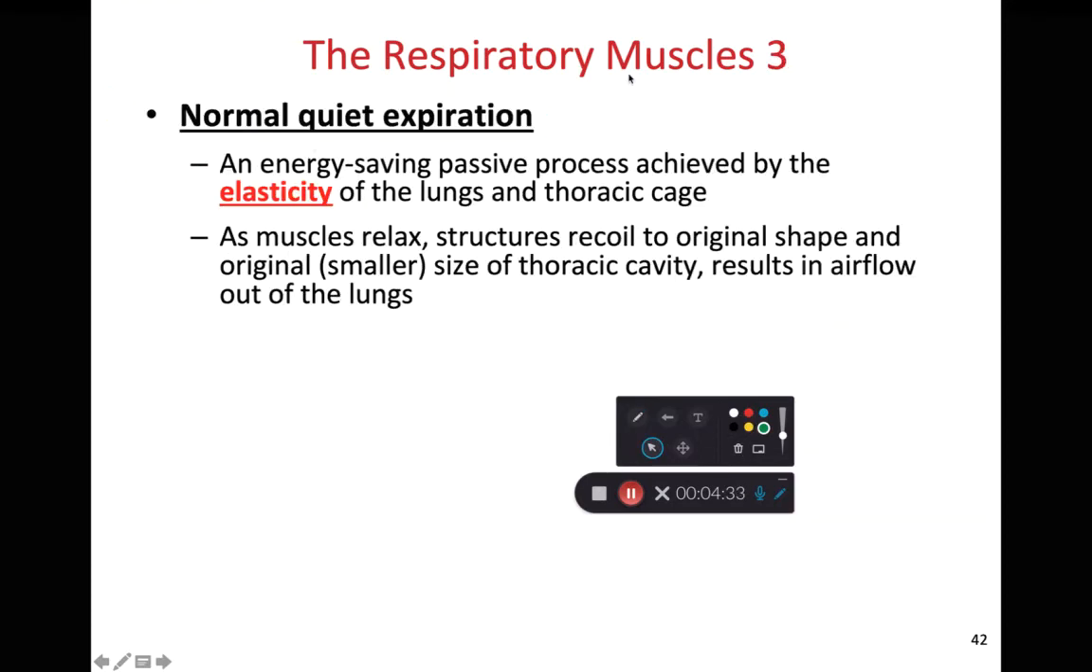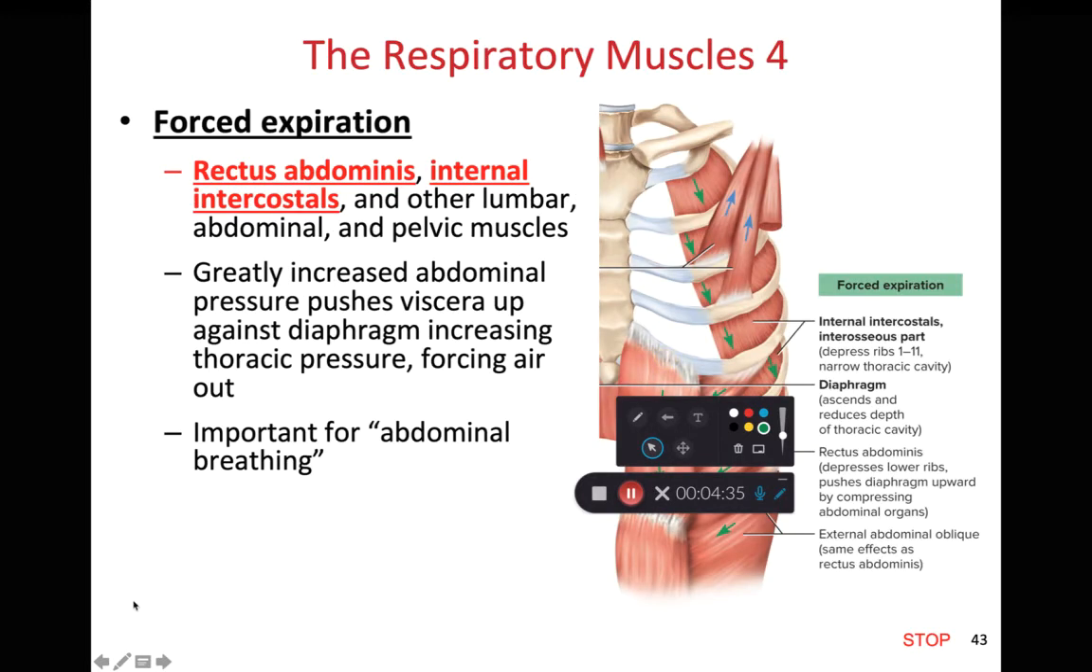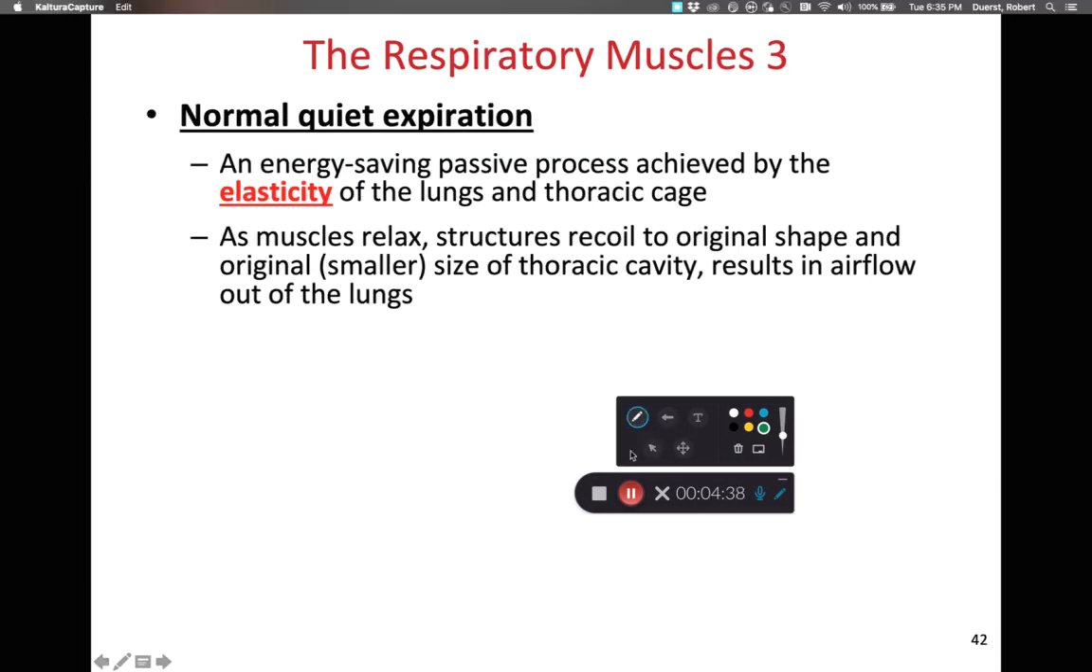And during normal, quiet expiration, here we go. I keep forgetting to click on this pen icon on my screen. During expiration, we breathe out. And during normal, quiet expiration, this is a